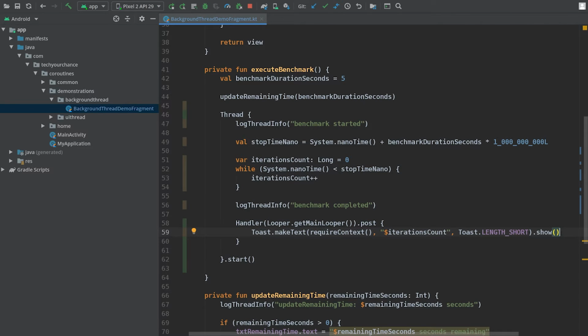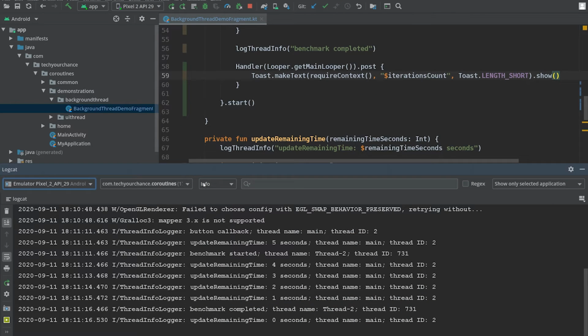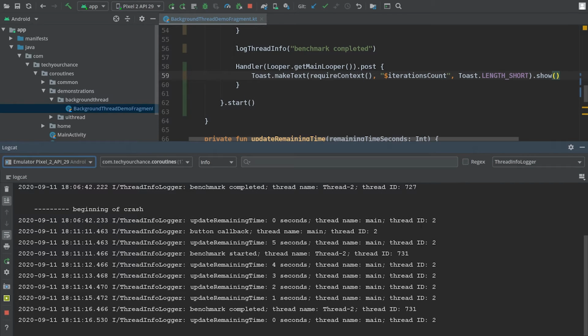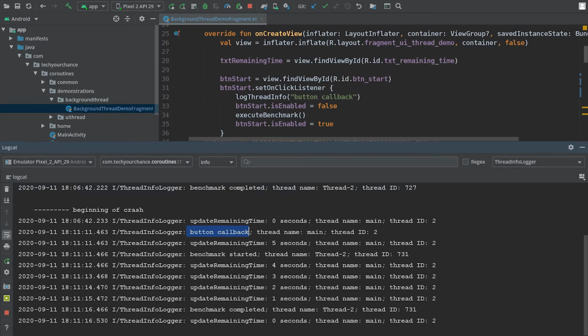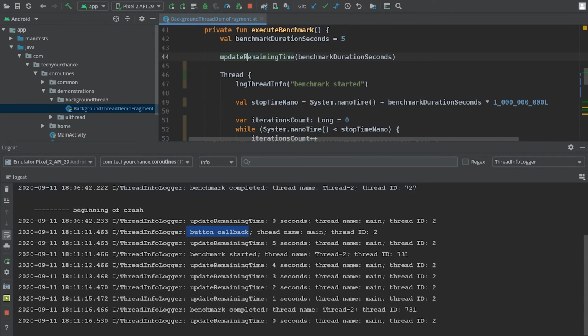So as you see, code-wise, it wasn't that big of a change. And maybe lastly, let's jump back into the logcat and just see the printouts that we get right now. So we have this update remaining time 0, not here, button callback, thread name, main thread ID 2. So that's when I clicked on this button. And then we have update remaining time. So we enter this function, update remaining time, 5 seconds. And then we have benchmark started, thread name, thread 2, thread ID, something different. So this code